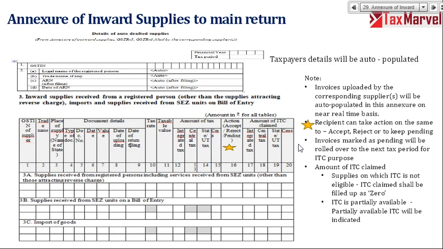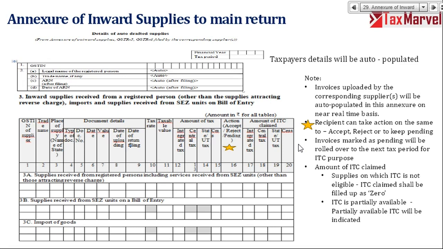Don't worry friends, if you have multiple invoices, GSTN will give you a facility, a system or a tool, for taking action on the invoices. So if you have 10-20,000 invoices, you can use the tool, upload your purchase register, and based on that you can take the action, right? Action can be accept, reject, or pending. If I select pending, in the next return it will go as pending, and then I can accept in the next return, right?